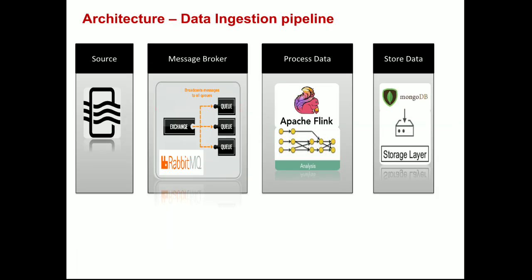And we're looking at the architecture here, where the source is nothing but the air around you. We capture it using IoT devices, and these sensors send the data into RabbitMQ, and then RabbitMQ queues it up and provides the